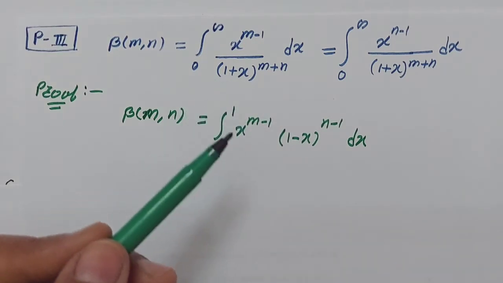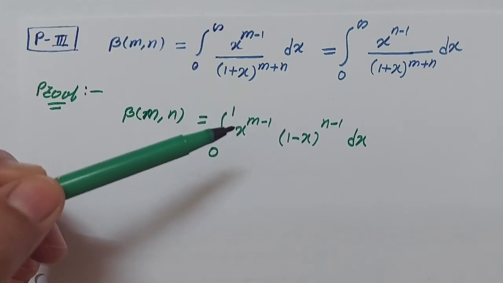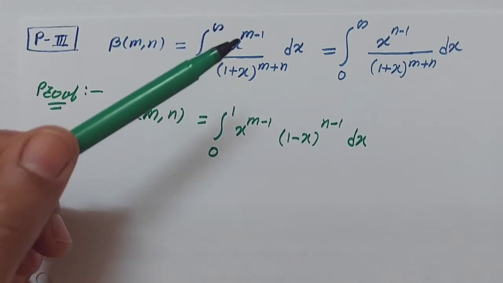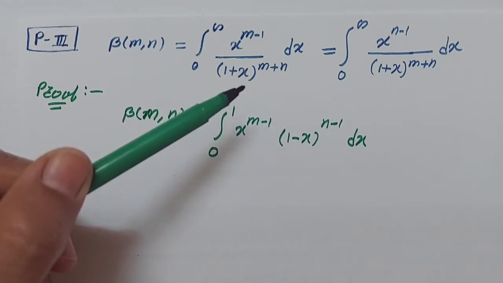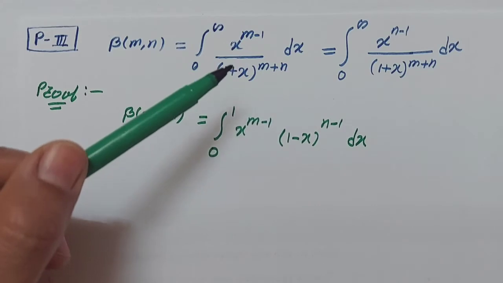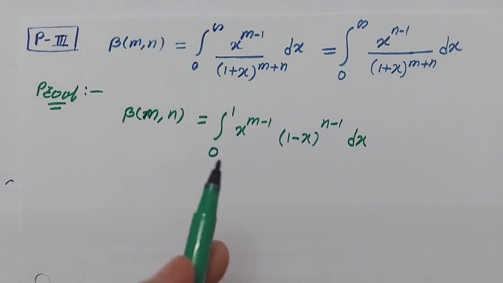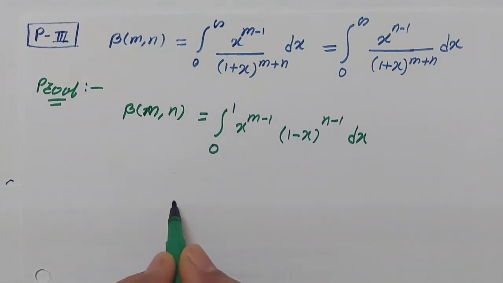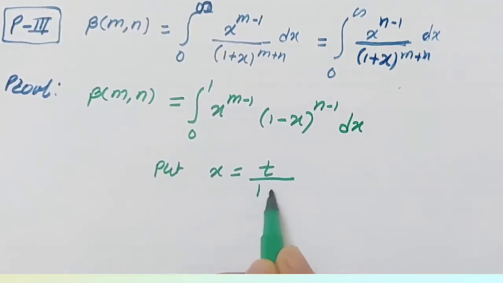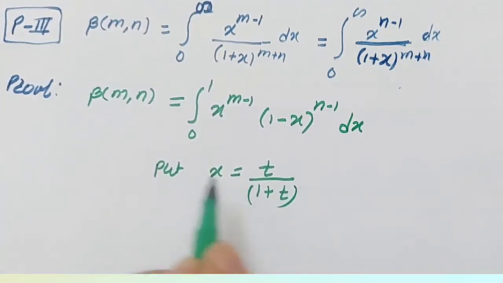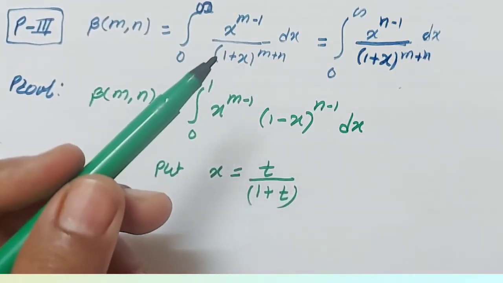Now if we compare this term, here x raised to the power m minus 1, here also contains x raised to the power m minus 1, but the same mth power is contained in the denominator of 1 plus x. That means here the m power containing term is x upon 1 plus x. So from this logic we can put x equal to t upon 1 plus t, क्योंकि हमें प्रूफ में जिस टाइप की टर्म चाहिए उसी तरह से हम पुट करेंगे ताकि वो इंटीग्रेशन उसमें कन्वर्ट हो जाए.